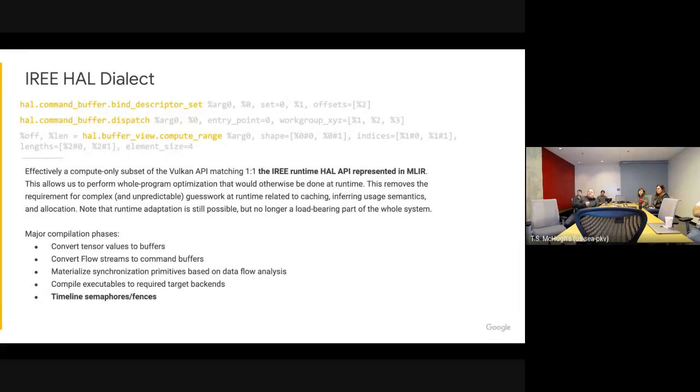So for example, here there's a buffer view compute range, which, if it's at runtime, depends on the device, which might have different alignment characteristics and different layout rules. If you know that at compile time, you can fold this entire operation away. And so if what you're looking at in terms of your IR is a whole bunch of these operations you've compiled down that are performing these buffer offset calculations, in a great deal of cases, almost all of those fold away entirely.